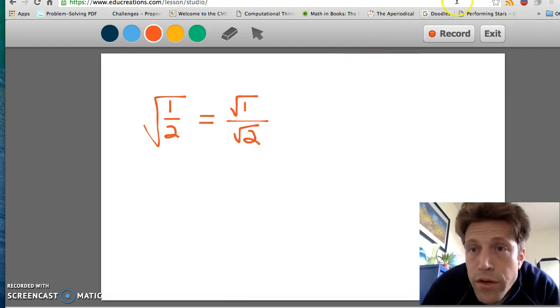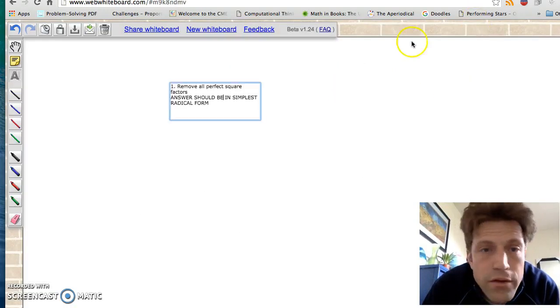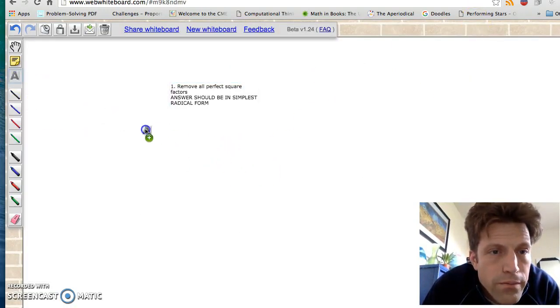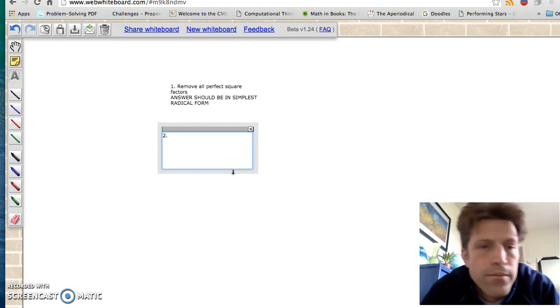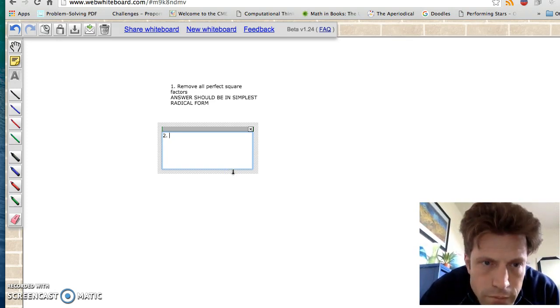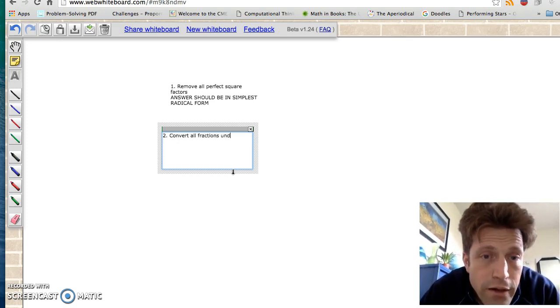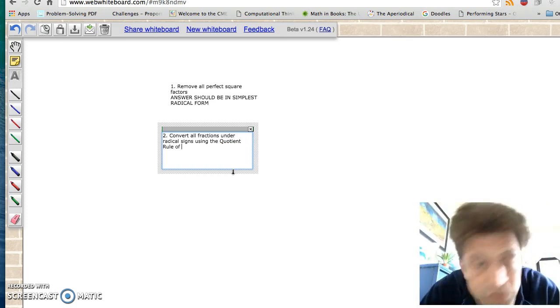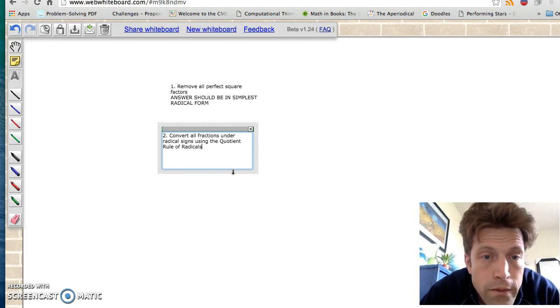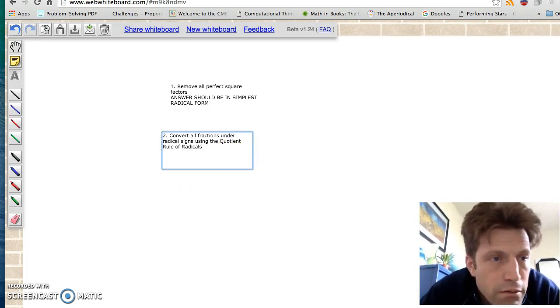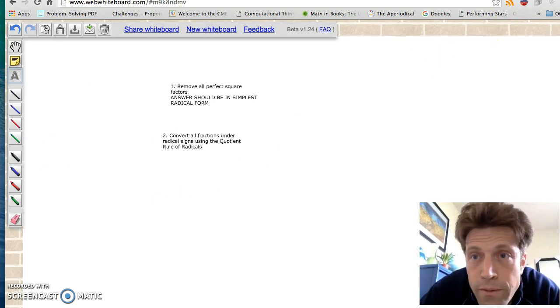So let me write that rule up in our typed deal here. Our second rule is going to be: convert all fractions under radical signs using the quotient rule of radicals. I don't care that you remember the title of this rule. I cite it just so that there's some authority and you trust me that, hey, there is such a rule. And the rule states basically that